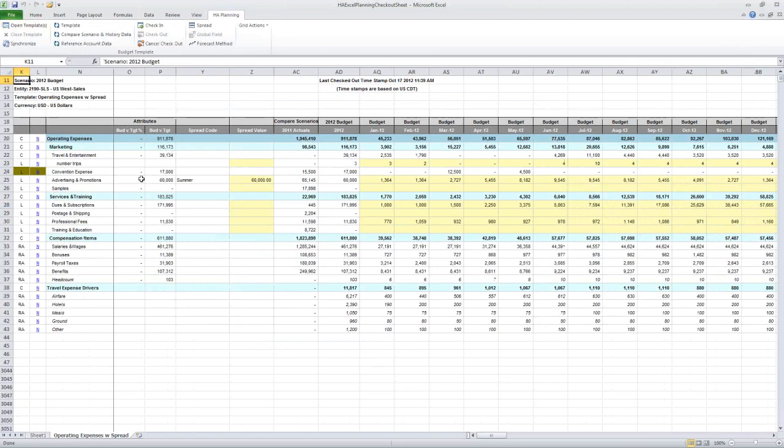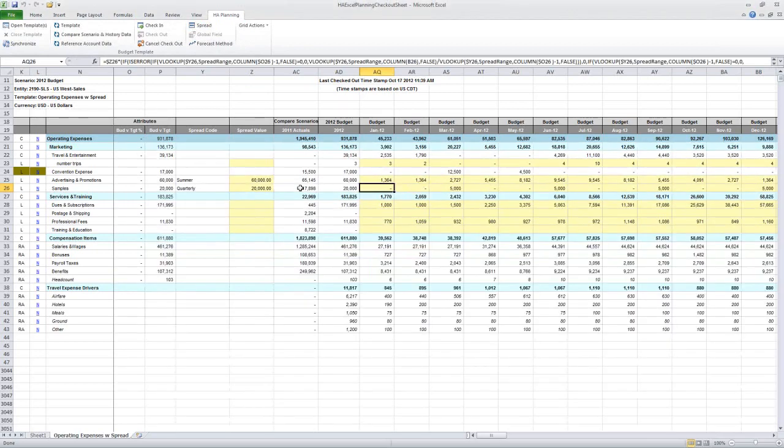So here is the same template that we just saw. Let's say that we wanted to add something for samples, and I still have those same tools that are available from within the application outside of it. So I can walk away with this on my iPad or my laptop and work with this template. And let's say I'd like to add $20,000 for samples. Once again, I can spread it. I'm going to spread it even quarterly, because we only do, say, quarterly shows and we need samples. So here's my quarterly samples budgeted there.